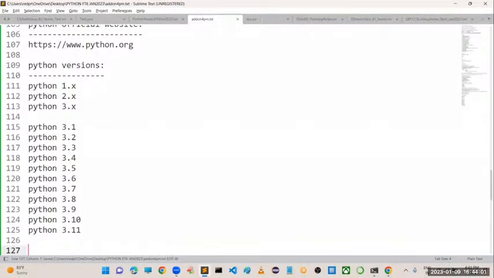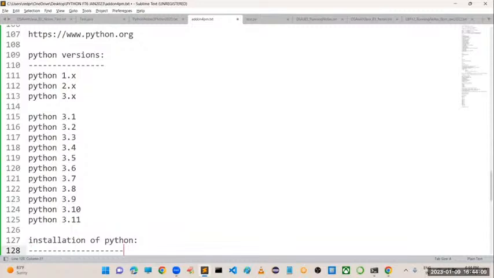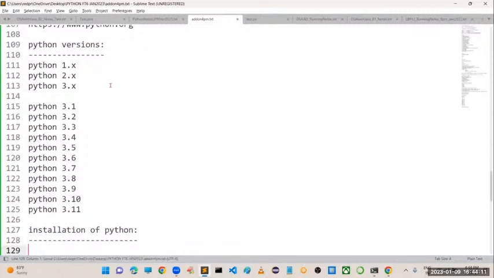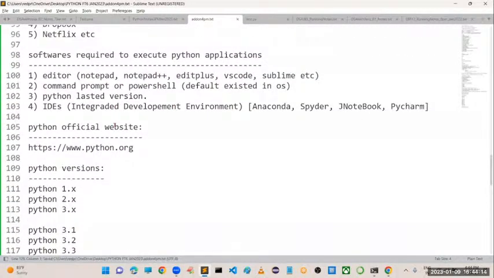Anyway, now I'm going to explain the installation process, how you can install Python on your machine.